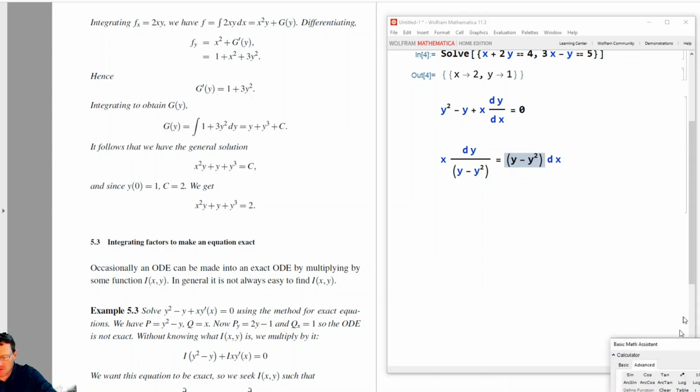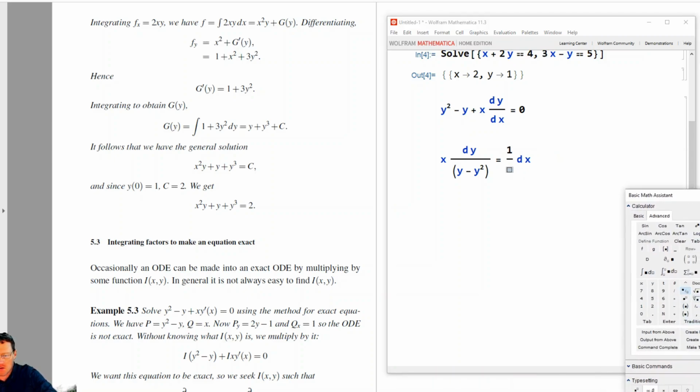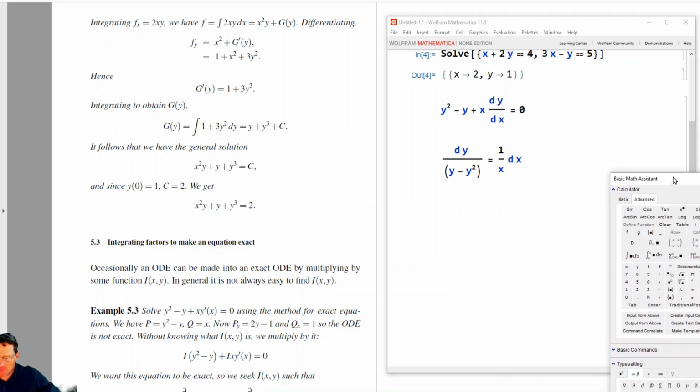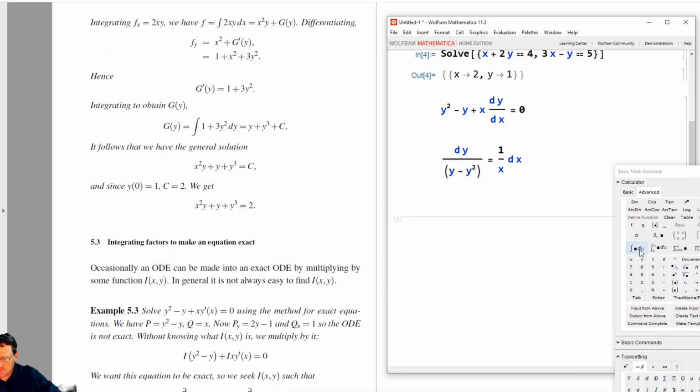So that will give us a 1 over x dx. And then we apply integration signs here. So we've got the integral of 1 over y minus y squared with respect to y is equal to the integral of 1 on x